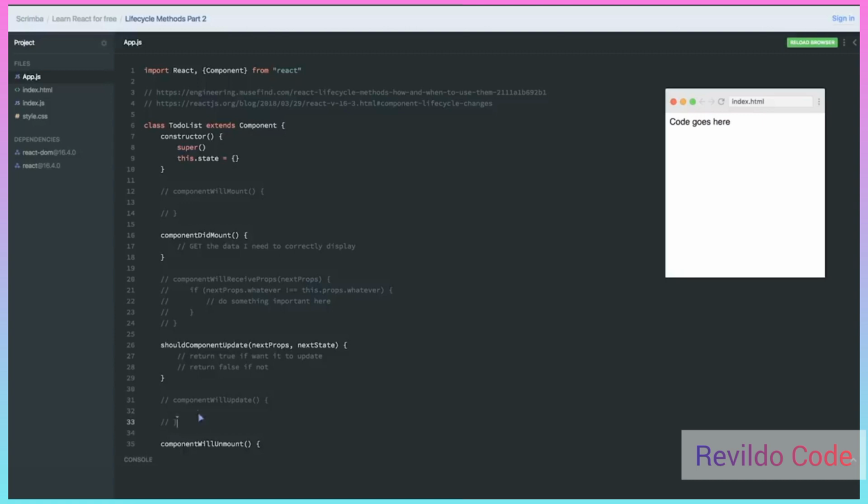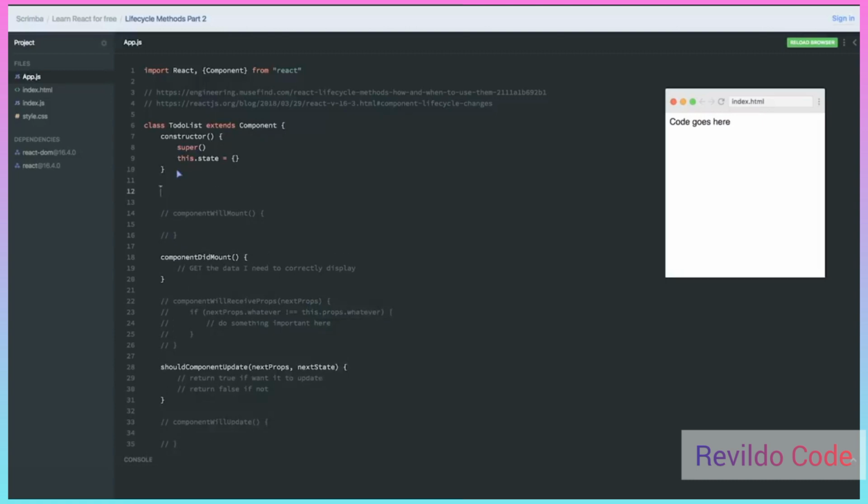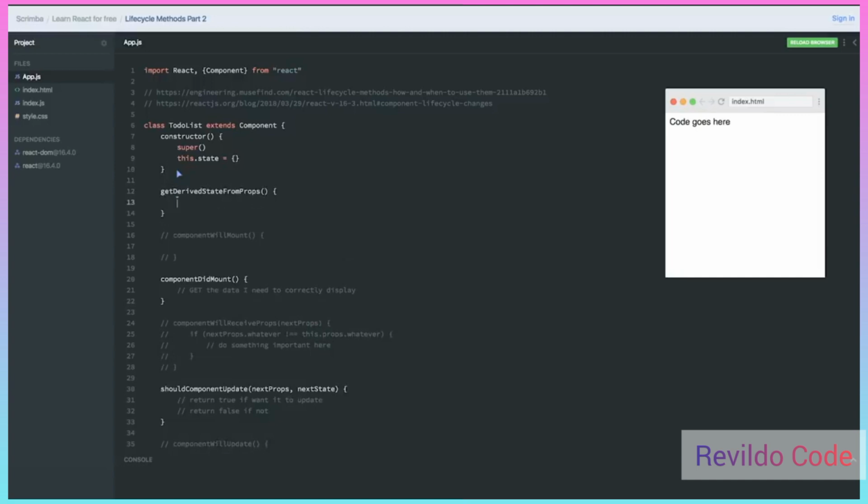One is called getDerivedStateFromProps. Now there's one change about getDerivedStateFromProps, and that's that it's a static method. So we have to include the word static beforehand. getDerivedStateFromProps receives props and state and should return the new updated state